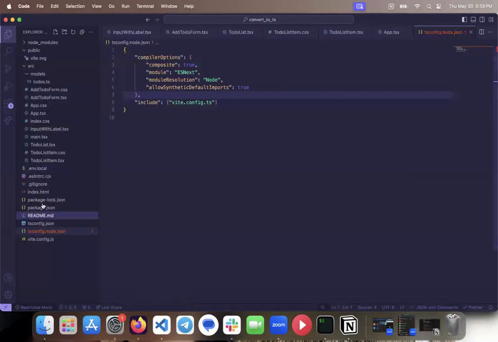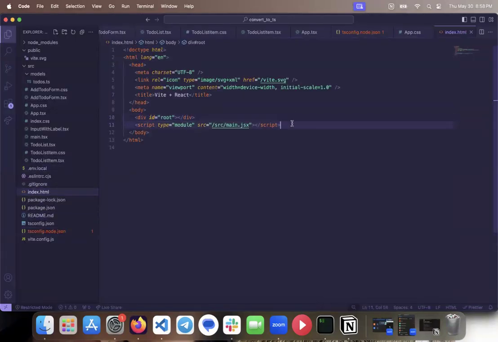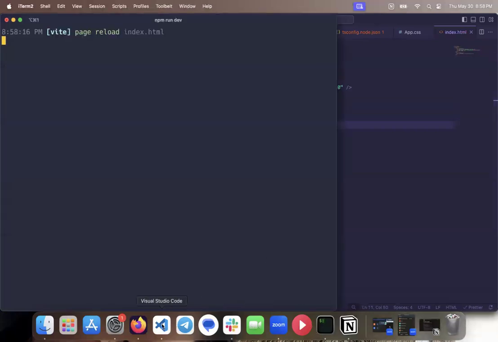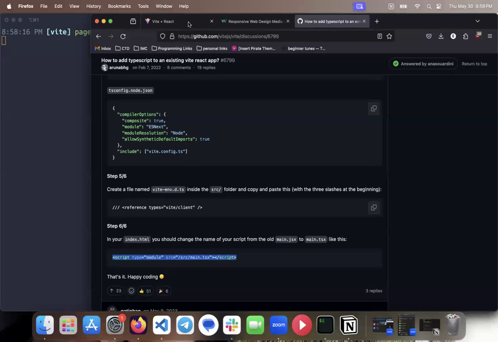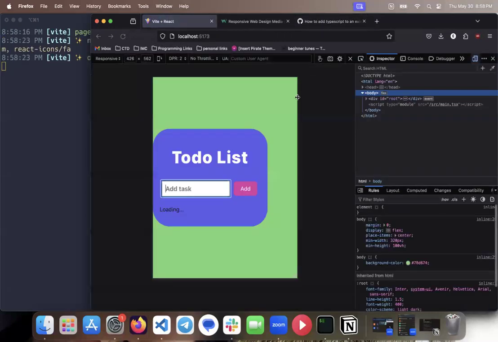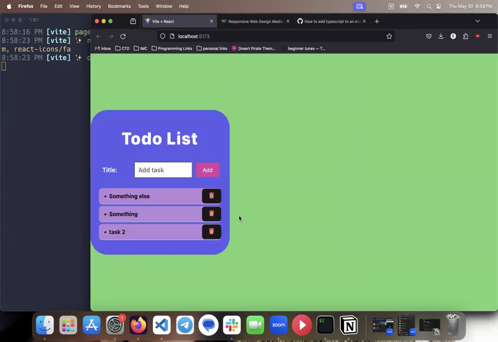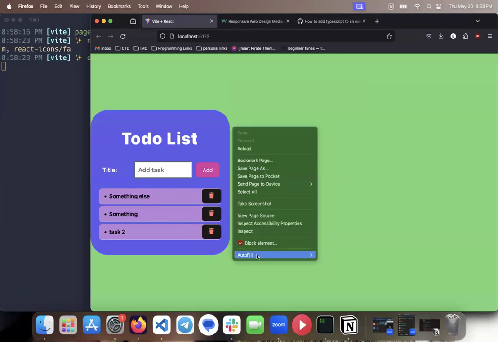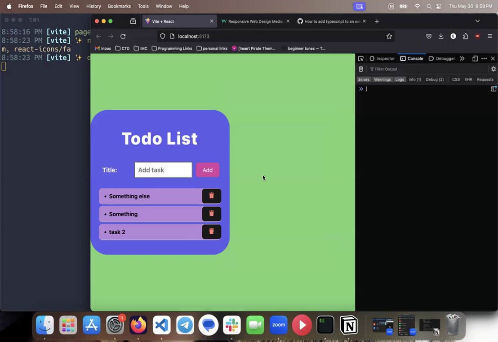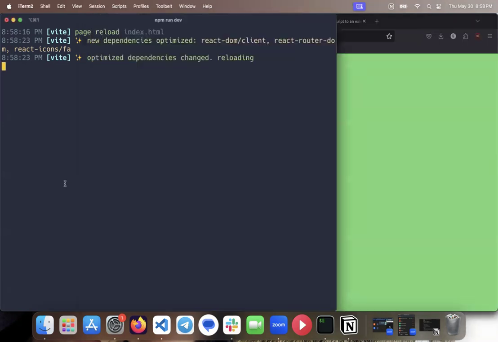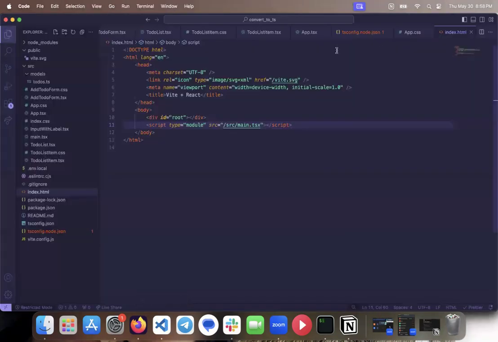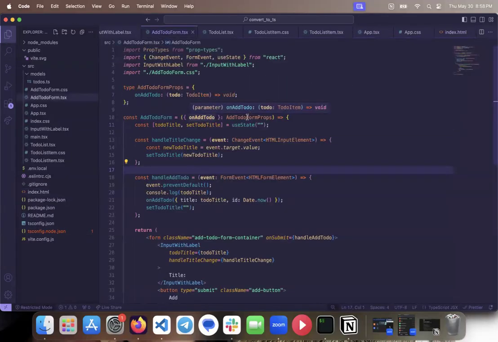Let's see if this fixes it. Index.html. Our script is now main.tsx. Sweet. That looks a lot better. This is our app. We broke the stylings a little bit when we converted them away from modules. So I'd have to go in and fix that, but our project is now running on TypeScript and we now get all the benefits of it, which means all of our properties are guaranteed to be the right type,